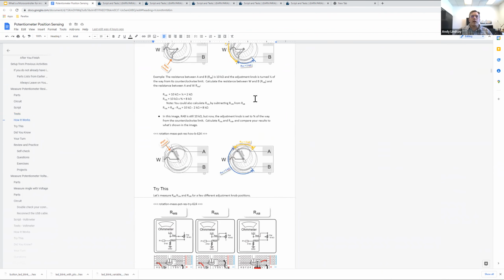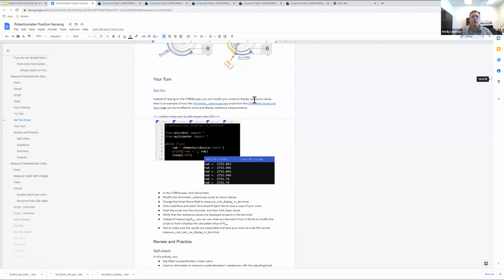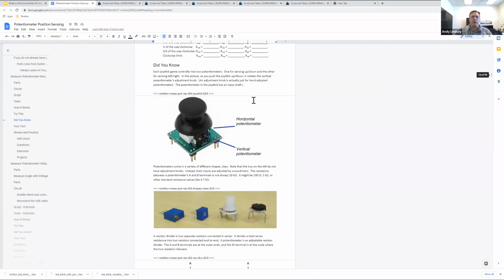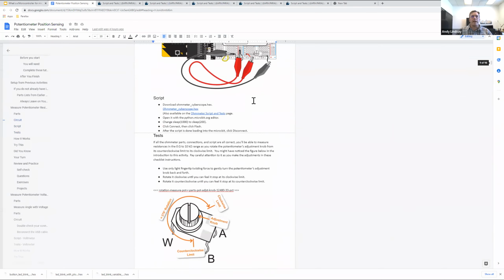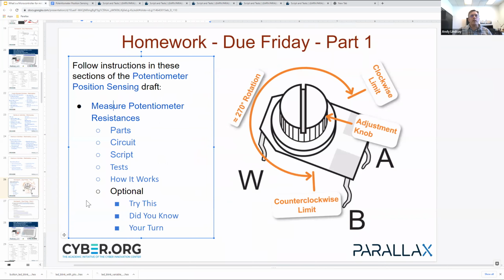And it'll talk about how a potentiometer works, where it's used. And then of course, we'll be using it for some fun applications on Friday, along with talking about curriculum stuff. Now on the curriculum stuff note,